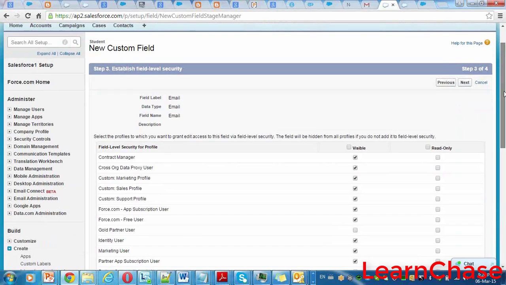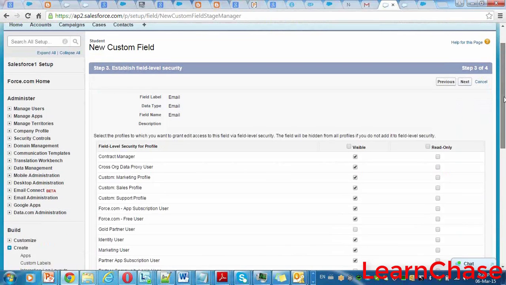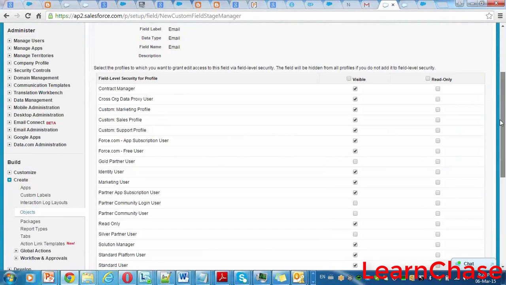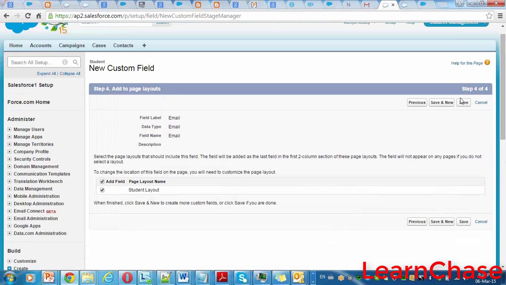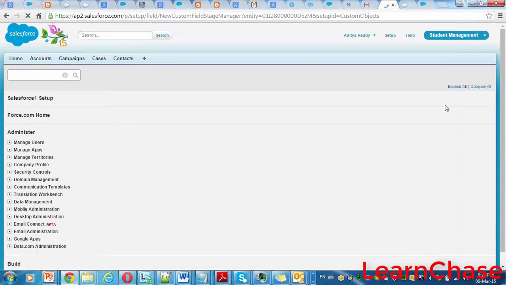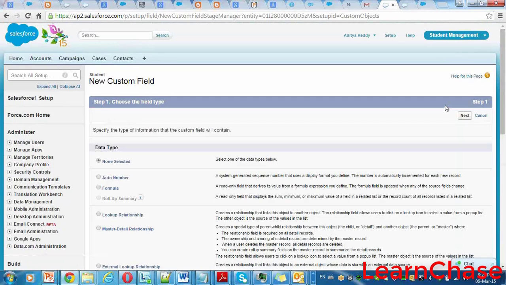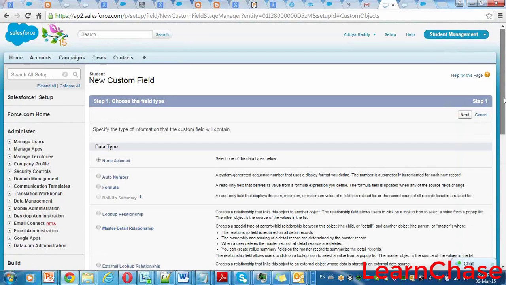Okay. And the same kind of visibility, accessibility to the others, I'm giving to everybody. And if you click on save and new, it will ask you for a field. You created one field and you want to create another field, that means save and new. If you don't want to create any new field, just save it. The next one is the phone field.